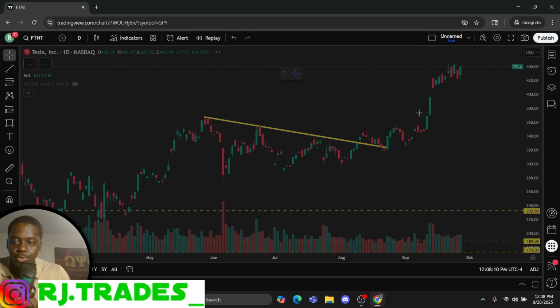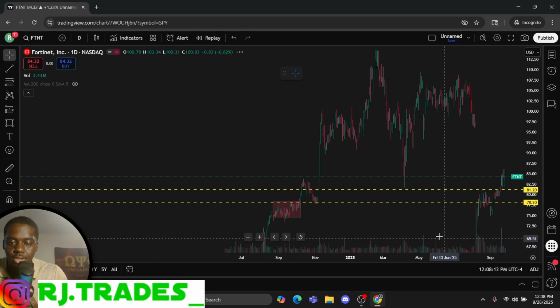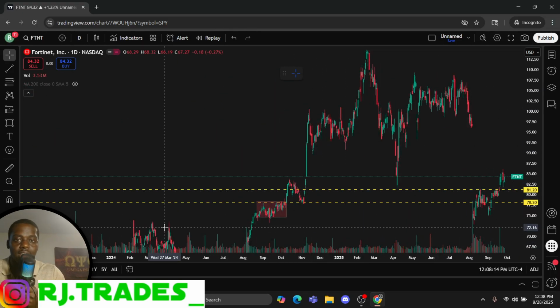This is no different than what happened right here with FTNT. Same exact thing, except that was just the levels, and this was a trend line. Notice we're putting this stuff together. We're putting together the chart patterns, the candles. We can get to chart patterns here. We're putting together the levels.